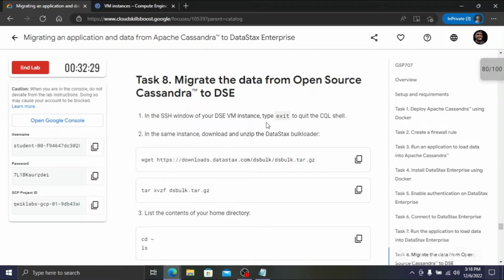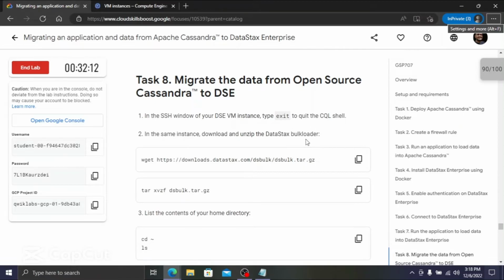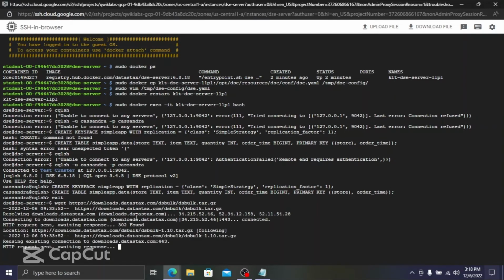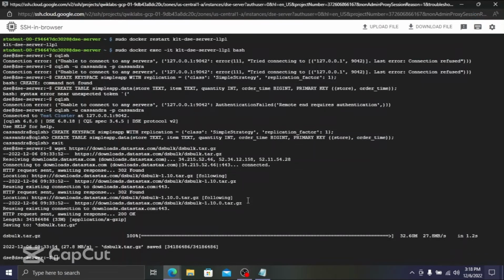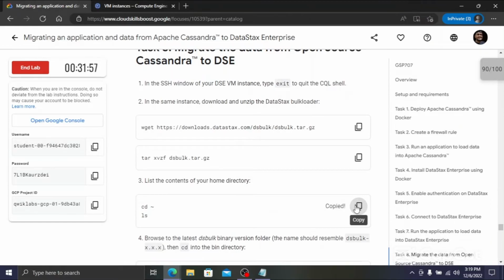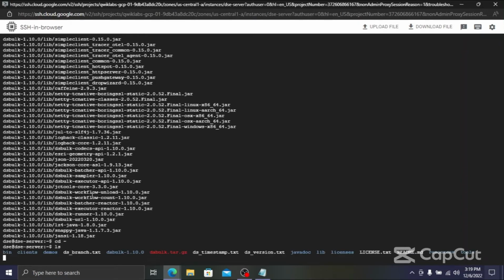In your SSH window, type exit. So this is our DSC SSH window. Okay, so I will type exit here and press enter. Once we type exit, we need to run this code, so copy it and paste it there. And now the second code, paste it there, and after that copy this whole code from the third line,